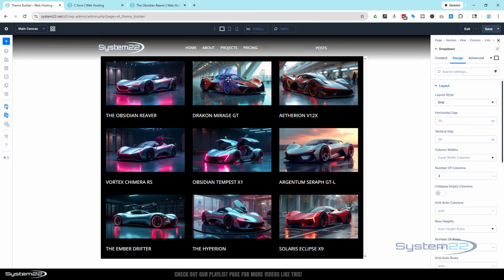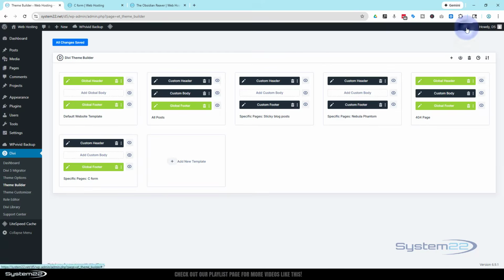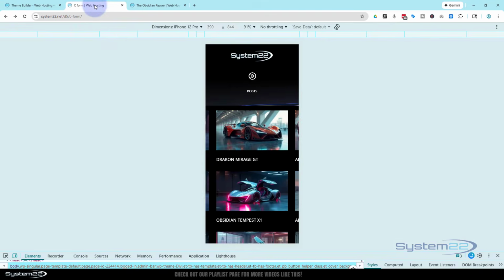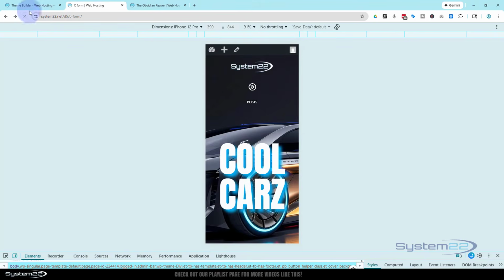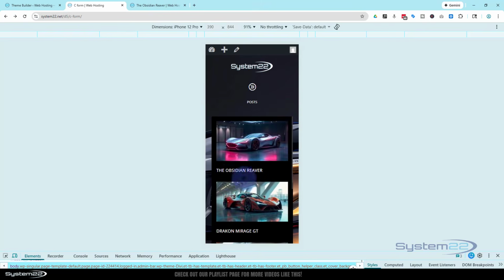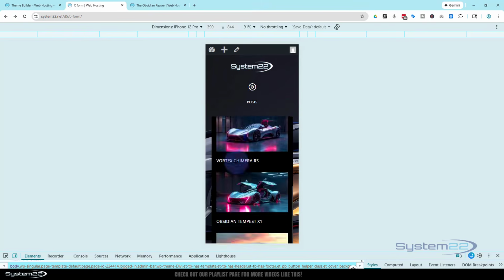When I hover over it, it jumps to the right place. Again, we'll resave, exit, make sure everything's saved here. Go back to our page. Let's refresh it now. And here we have it. If we tap on our post, there it is right there. We can scroll down,